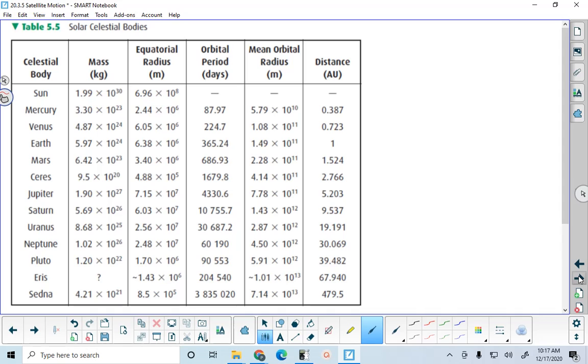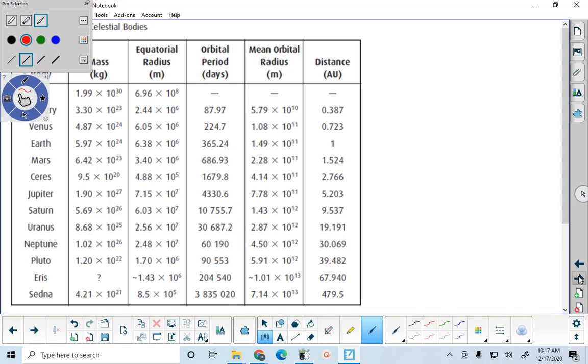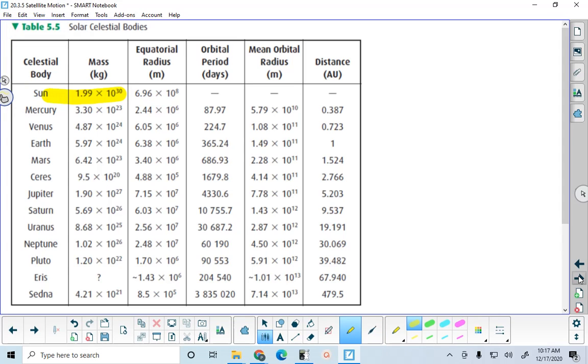The table that I'm talking about has some information that you need. You need to know the mass of the sun, and you need to know Mars' orbital radius. The equatorial radius is the radius of the planet Mars. The orbital radius is how far away from the sun